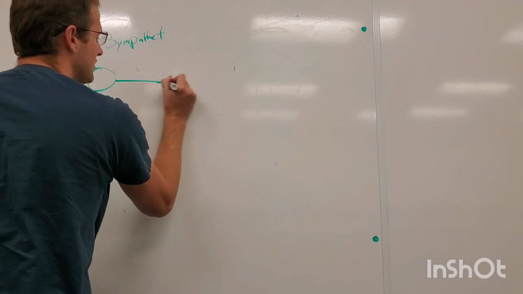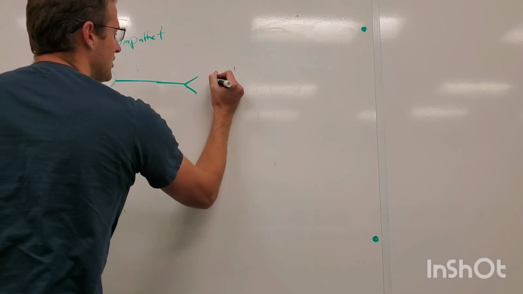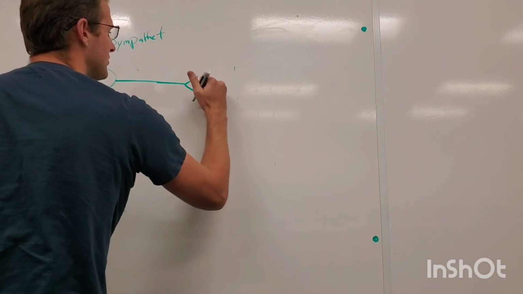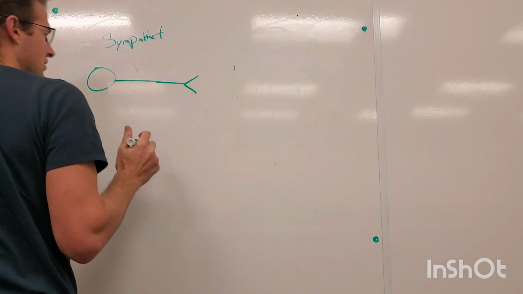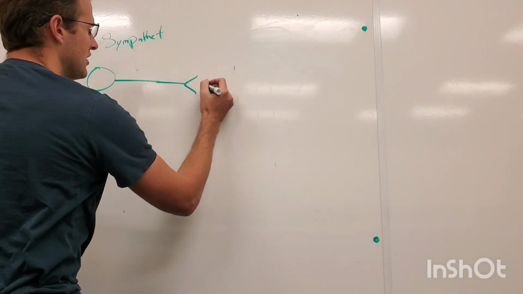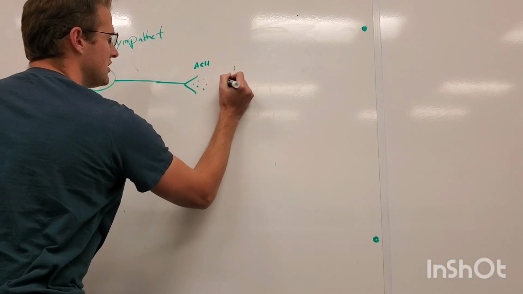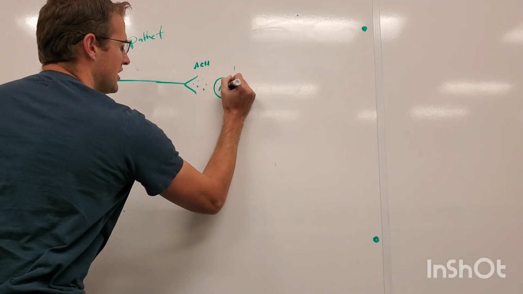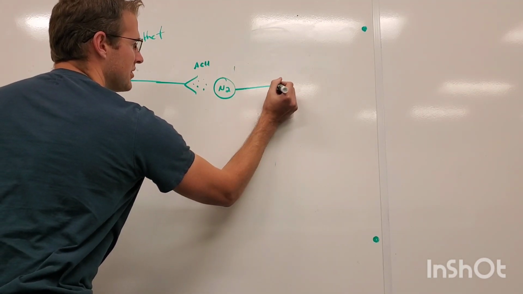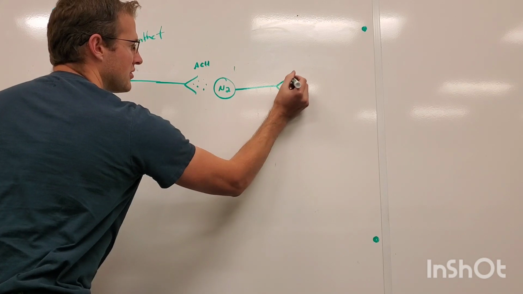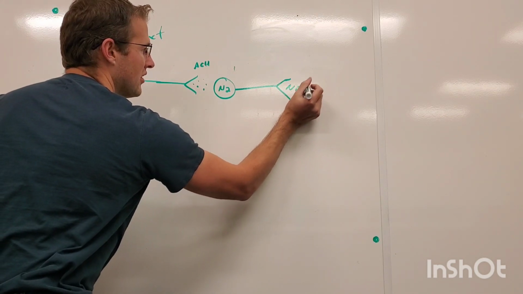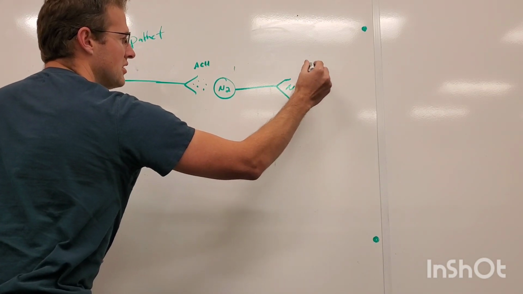It comes over here into the sympathetic chain ganglia. We're going to synapse. It's going to release acetylcholine. So acetylcholine. This is going to be an N2 receptor. It's going to come out here, and then we're going to release norepinephrine, and that's going to bind to